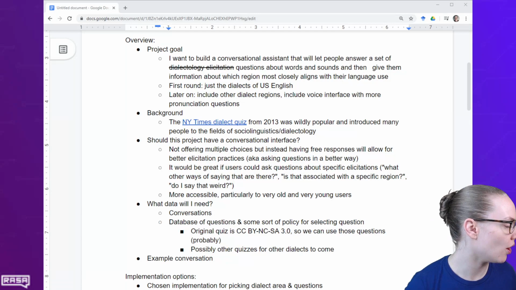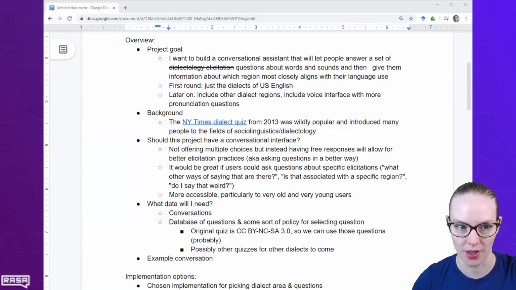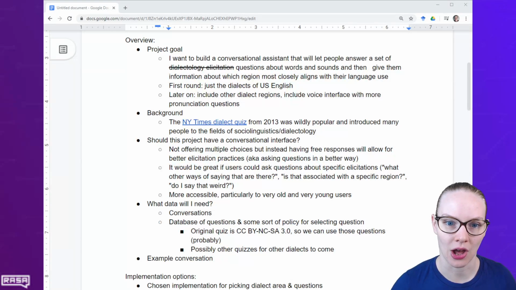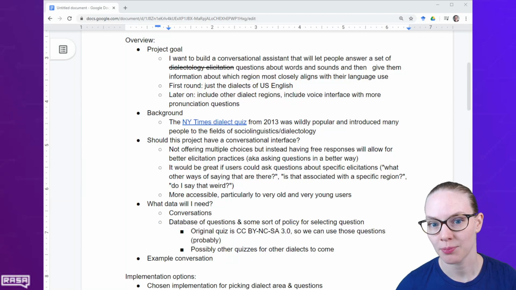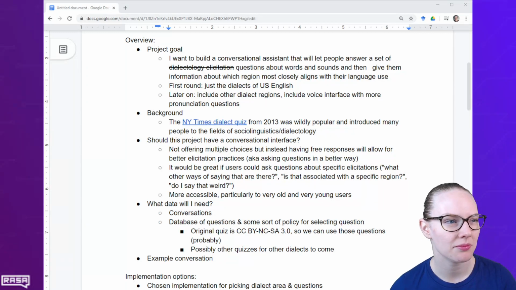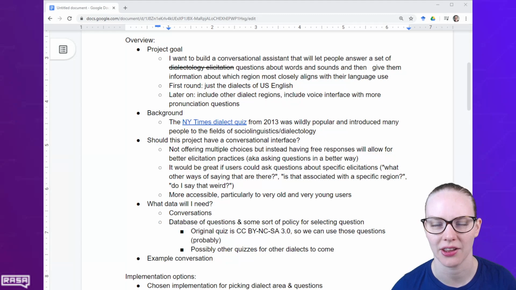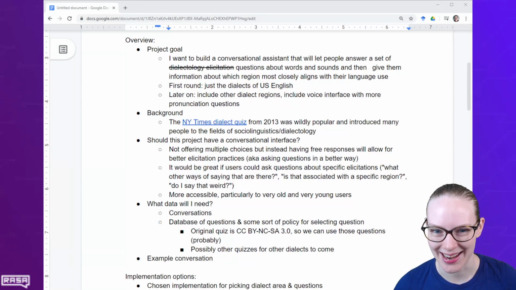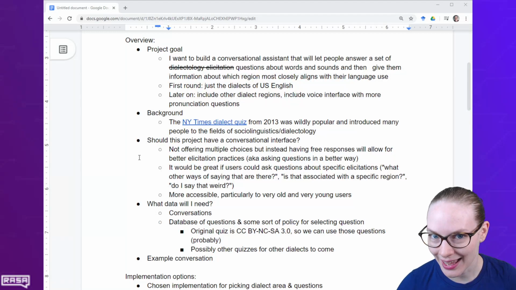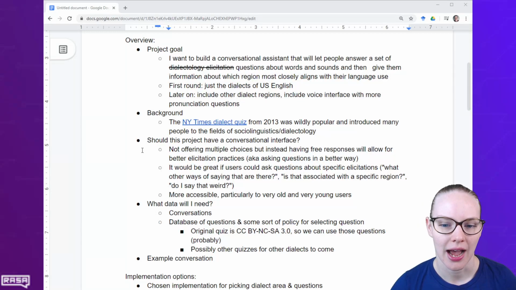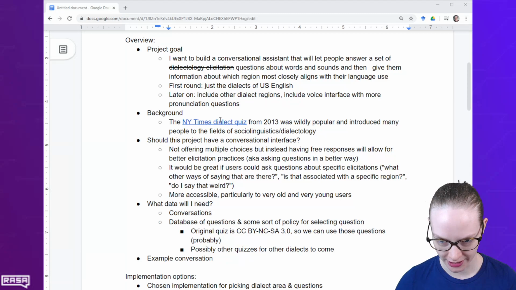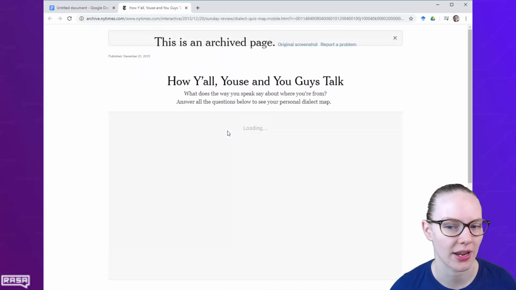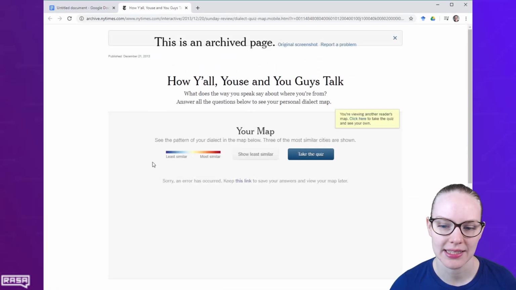So we are starting back up with our dialogue bot project. Dialect bot. Dialect. They're all dialogues. That's how conversational AI works. We're starting back in with our dialect quiz project. And the general idea for this project, for those of you who are joining for the first time, is that there's